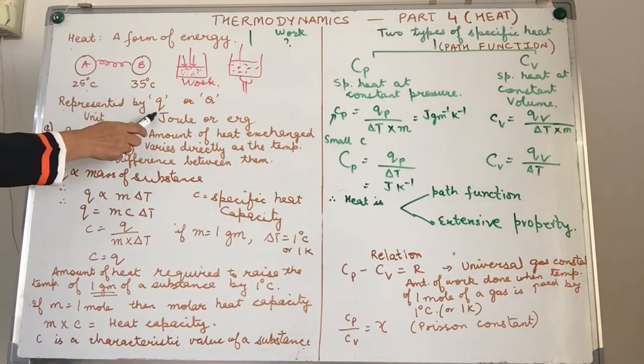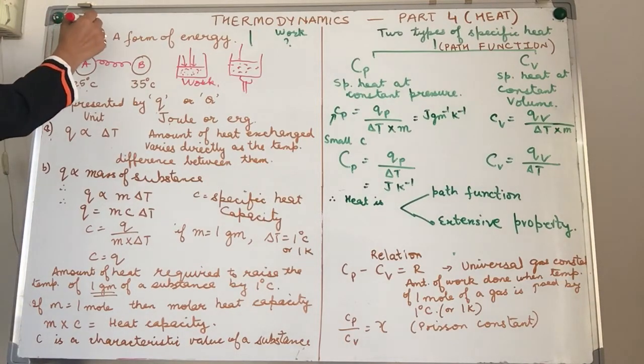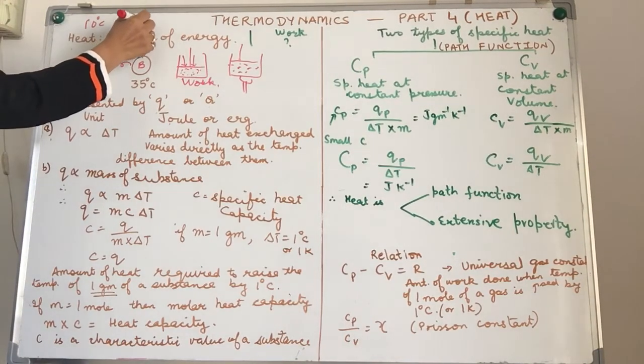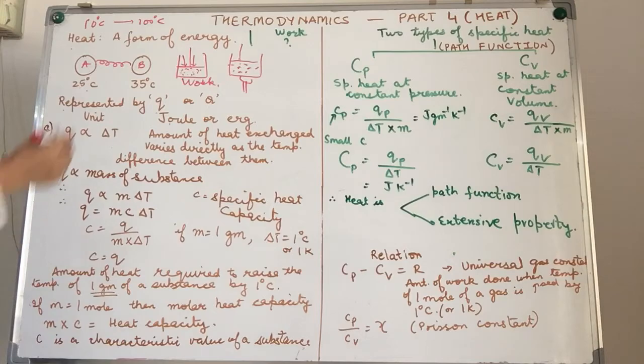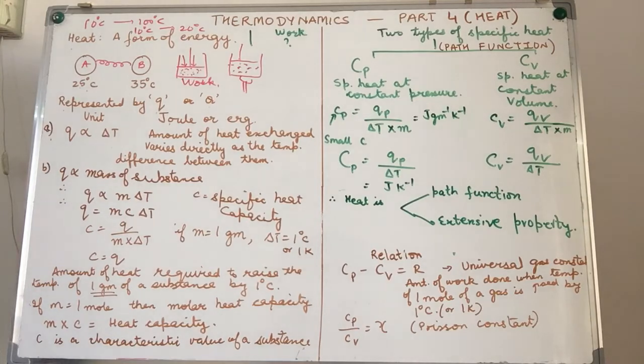We represent heat by either a small q or a capital Q. We know that since it is a form of energy, it will have the unit either joule or erg depending upon what system of units you are using. As I said earlier, we shall be building on the concepts that you already know. Now in physics, you would have read that heat is directly proportional to the difference in temperature. Very simple. You have to heat water from 10 degrees Celsius to 100 degrees Celsius, or you have to heat water from 10 degrees Celsius to 20 degrees Celsius, considering that the mass of water